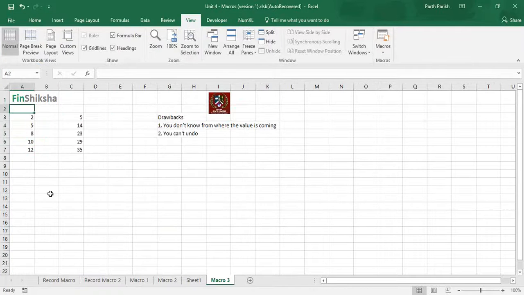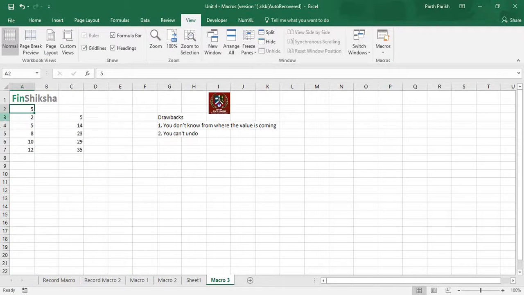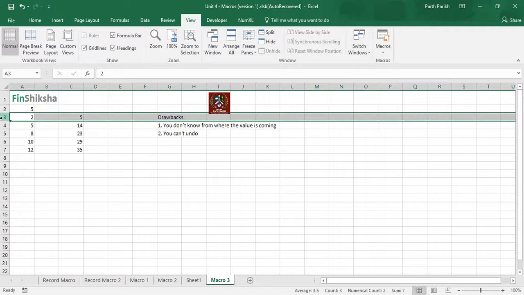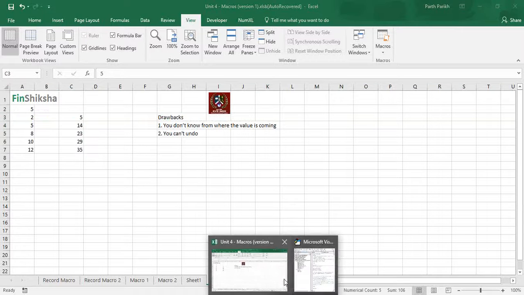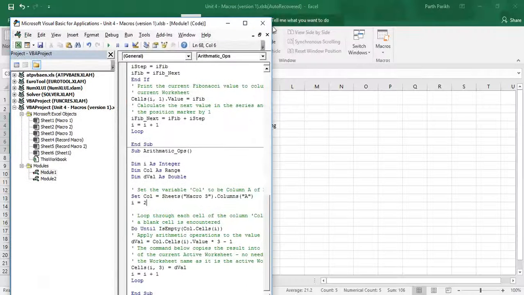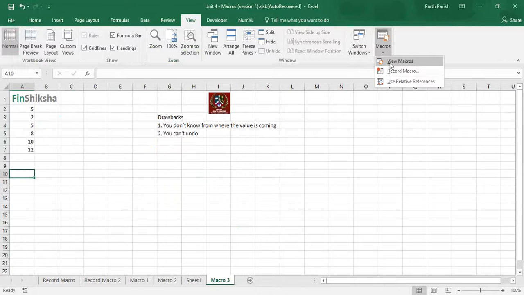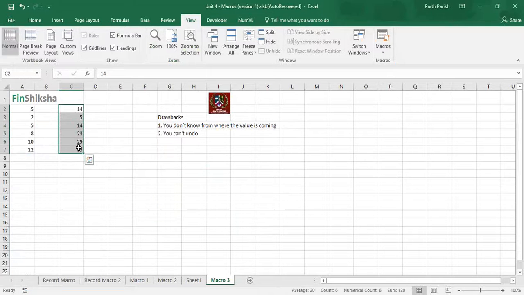So let's do this. If I write 5 over here, does it do the same thing? Let's see. Okay, view the macro and run. No, it started from the third column. Okay, why? Because in the macro we have mentioned that you have to start from 3. If I change this to 2, now it will run. So now I'll close this and I will delete this and I will run the macro. Now it has started working for the second row as well.